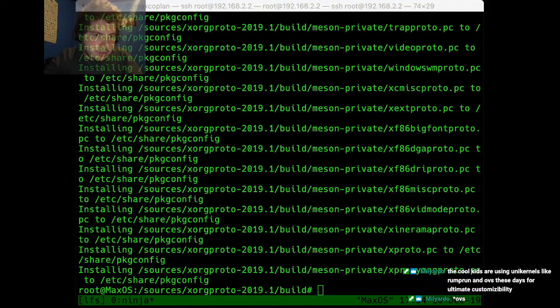They're using unikernels like rumprun and OVS these days for ultimate customizability. I don't even know what those are.